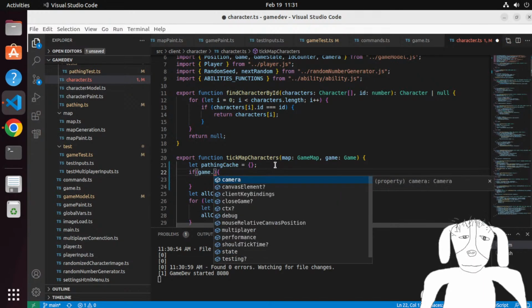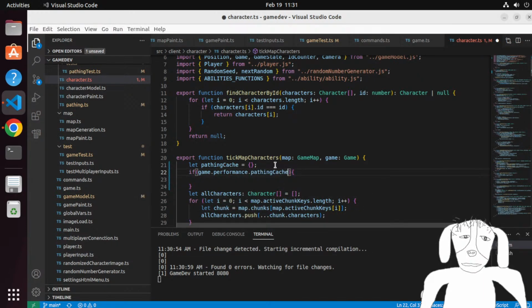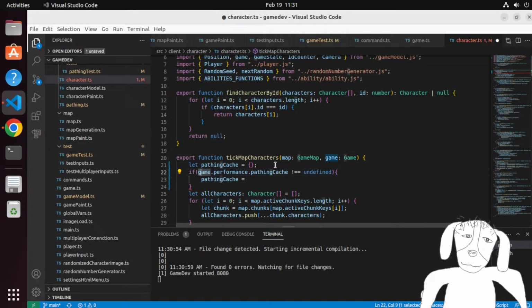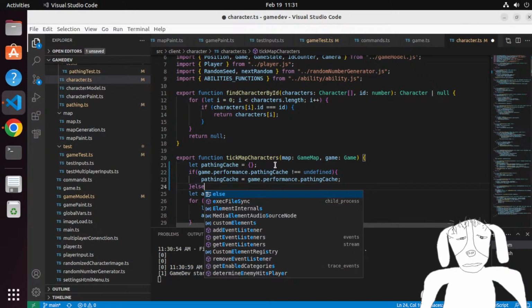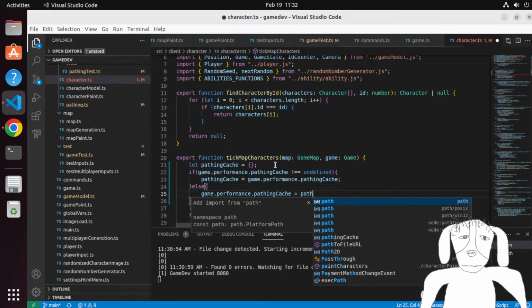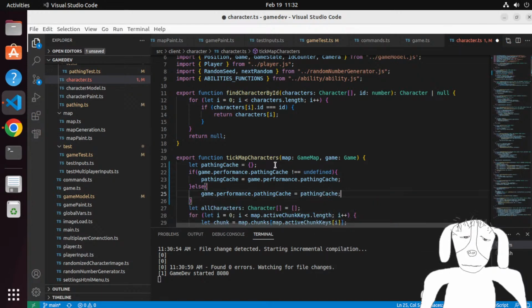If game performance passing cache says undefined, not undefined, then I can say passing cache equals this thing. And else, it's the other way around. It's passing cache. So